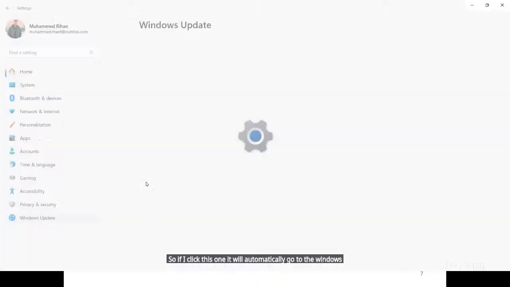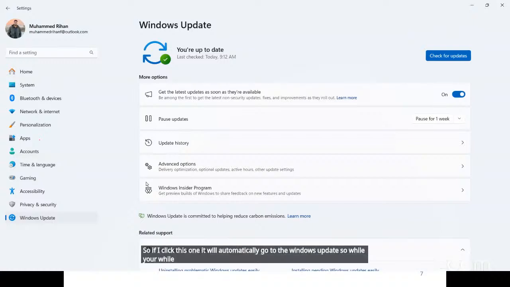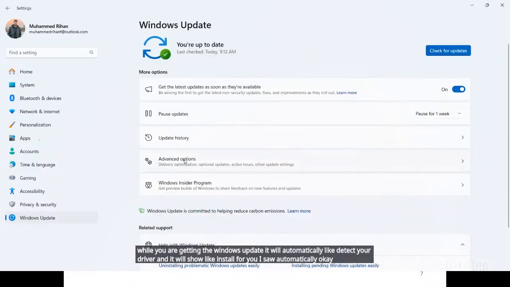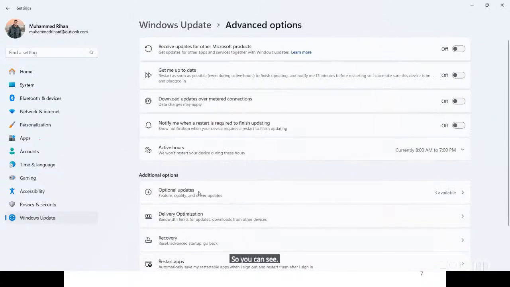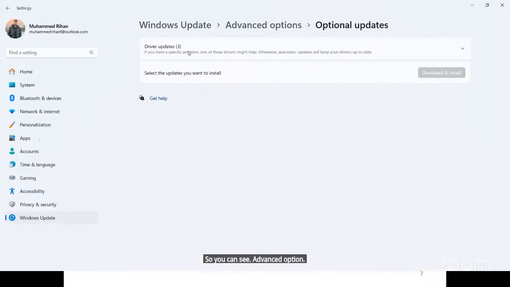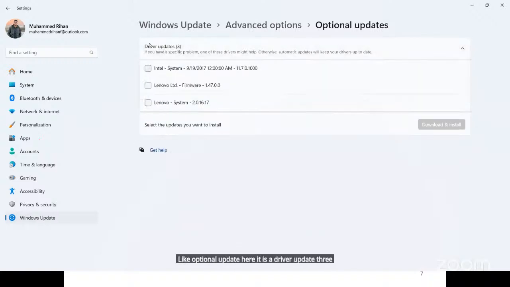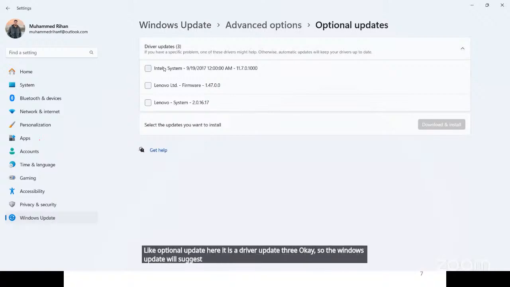While you are getting the Windows update, it will automatically detect your driver and install it for you. You can see advanced options, like optional updates. Here there are driver updates, 3. So Windows Update will automatically suggest the 3 updates.